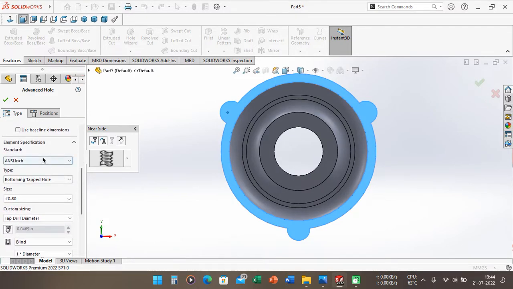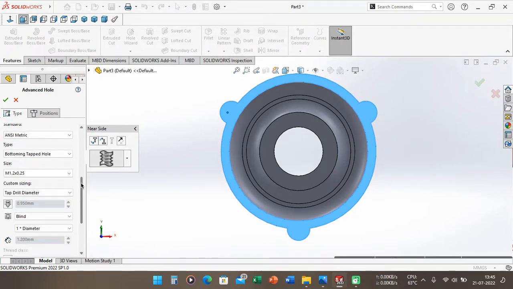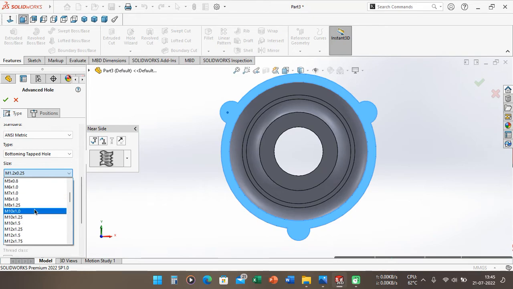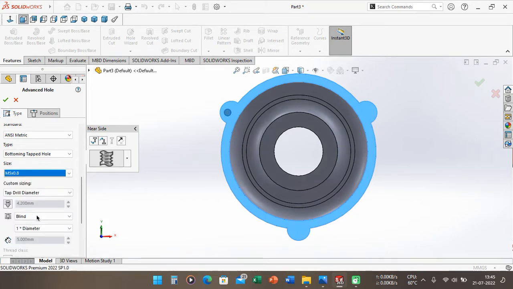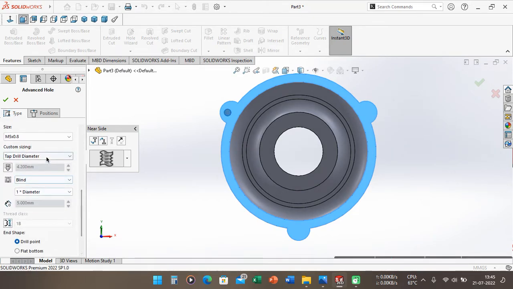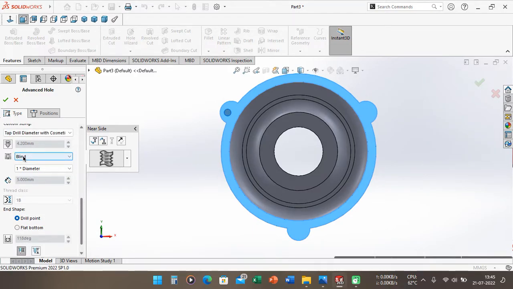After that, in the element specification, we can choose Unsymmetric, and for the type I want to choose Bottoming Tap hole, and the sizing is M5 x 0.8, and for the custom sizing I want to choose Tap Drill Diameter with cosmetic thread, and the direction I just use Blind.